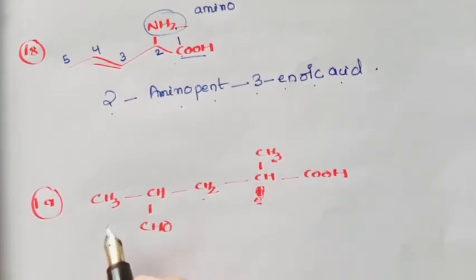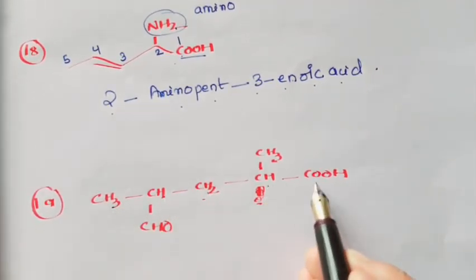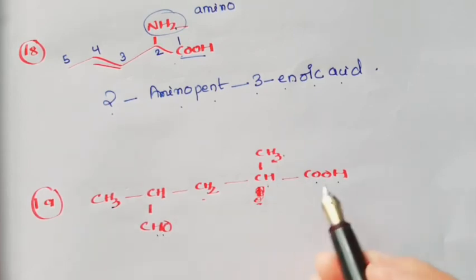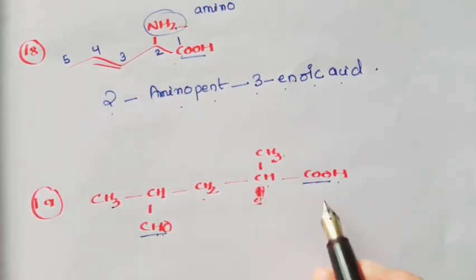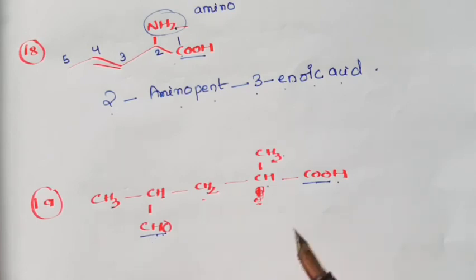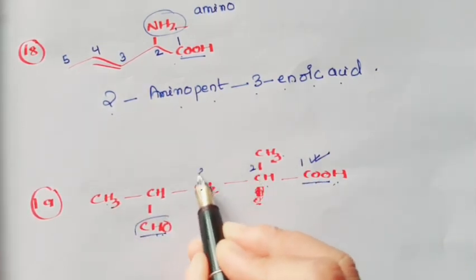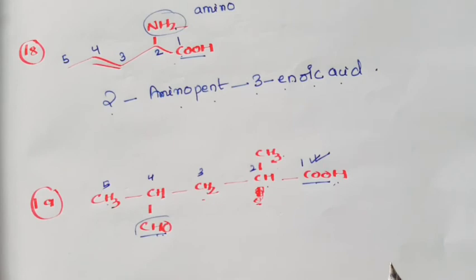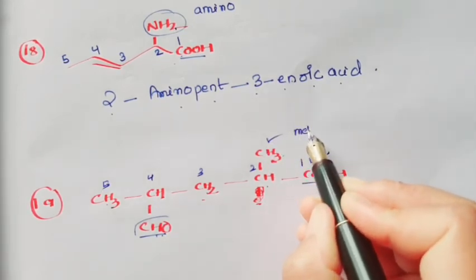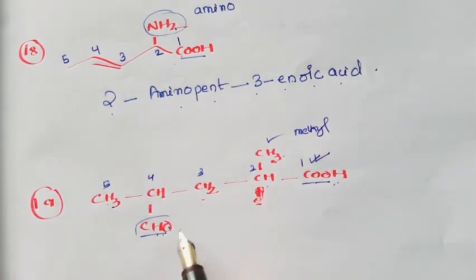The next one is CH3, CH2, CH2, CH, COOH, CH3, CHO. Now again here there are two substituents, your COOH and your CHO. Which one will get preference is your CHO. Okay, so now we need to choose this chain. So 1, 2, 3, 4, 5, this is how we are going to number. Now your substituent is CH3, so what is that? Methyl, and this is your formyl, right? So formyl will come first, you need to write it in alphabetical order. So what is the position of formyl? 4